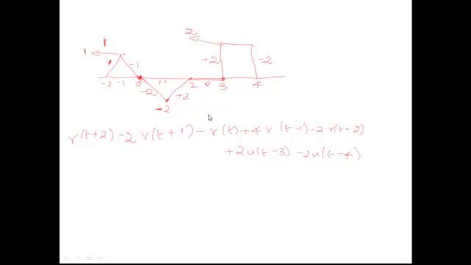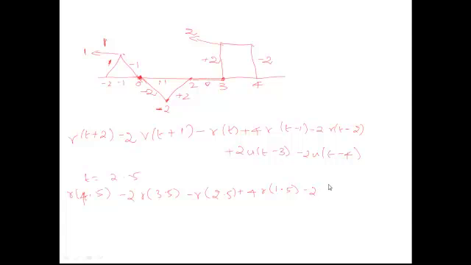You can validate this expression. Say for example, what will happen at time t is equal to 2.5? At 2.5 I have here it is 0. So 2.5, let us say. Now you have to apply 2.5 wherever t is there. So the first term will become r of t plus 2, which is r of 4.5, minus 2 times of r of 3.5, minus r of 2.5, plus 4 times of r of 2.5 minus 1, which is 1.5,